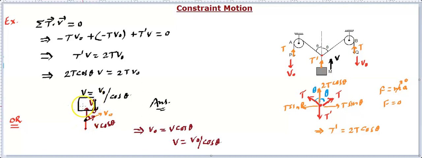And if it is the final vector, then this will have its own component. So its component will lie in this direction, not otherwise. Not otherwise means it's not like v naught cos theta is equal to v. If you write this as v naught cos theta is equal to v, that will become wrong. Makes sense?